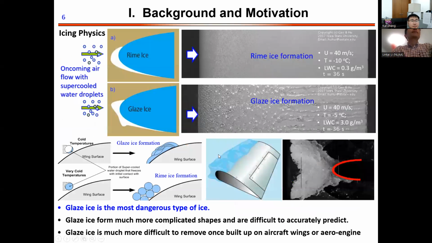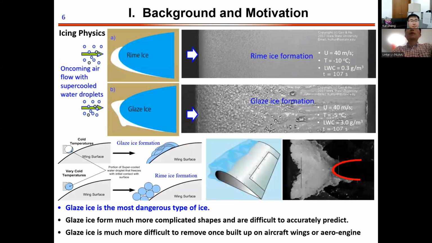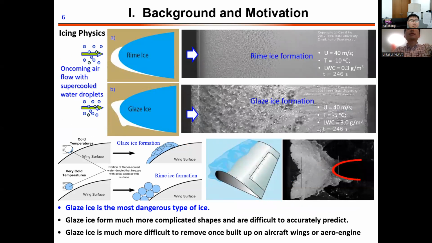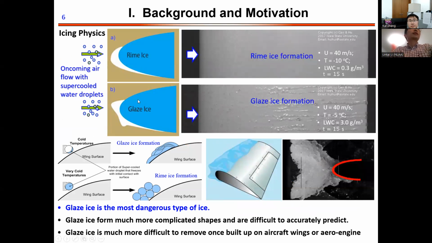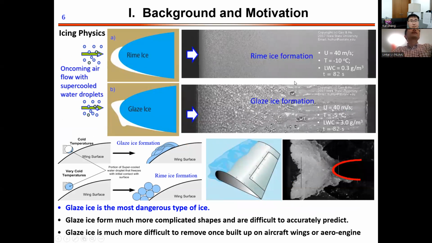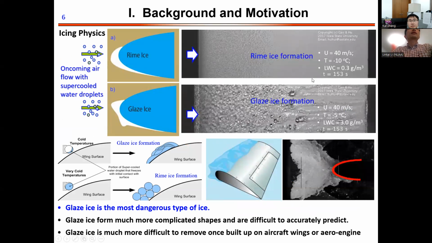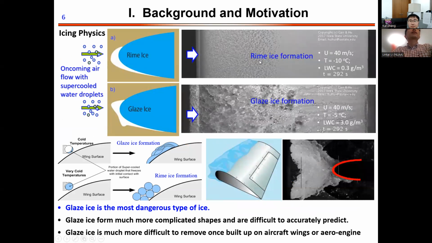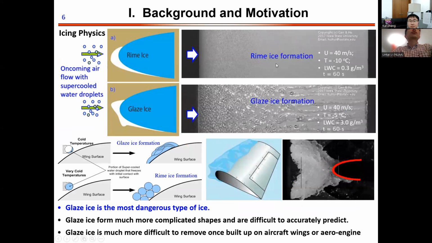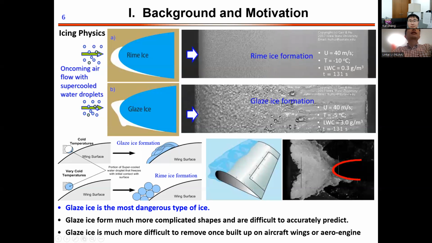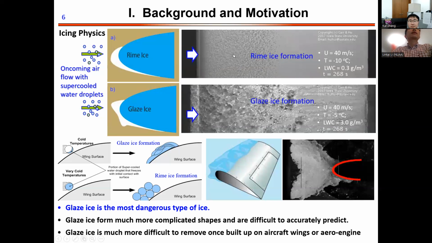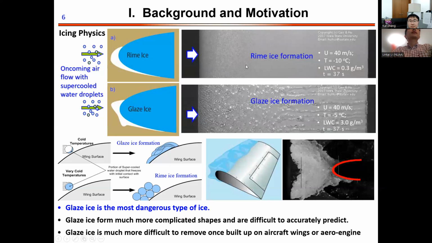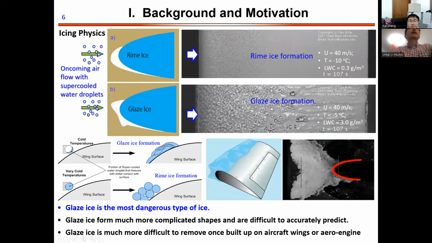For icing, especially for supercooled water droplet icing, there are two typical types of ice. The first one is rime ice, and the second one is glaze ice. The difference between them depends on the temperature of the oncoming airflow and the liquid water content. So these two animations show the difference between rime ice and glaze ice. For rime ice, the ice is rough, and the surface is milk colored. But for glaze ice,